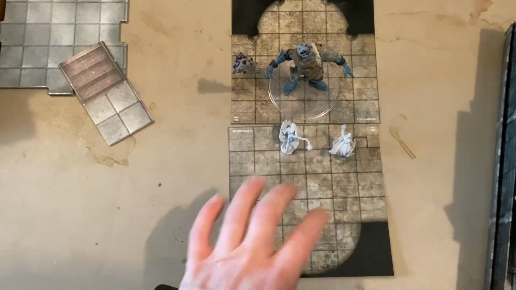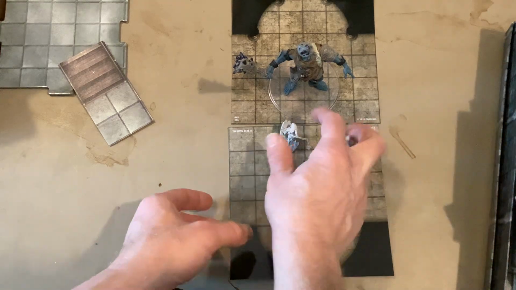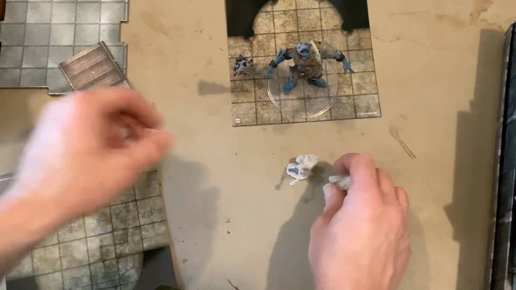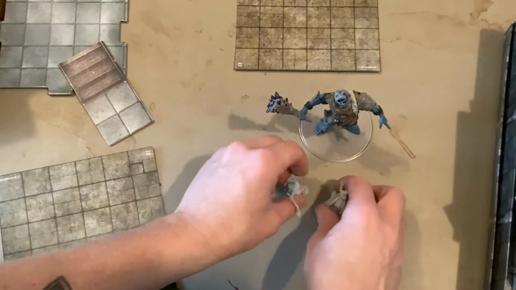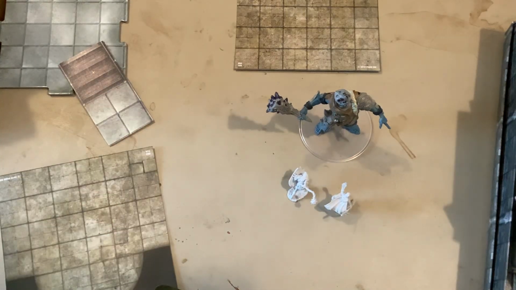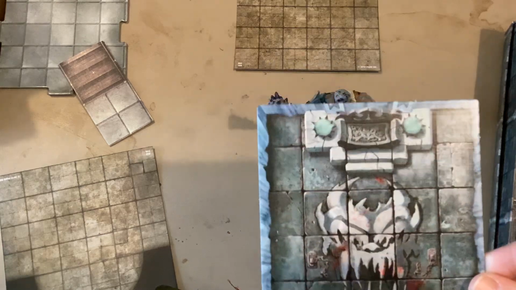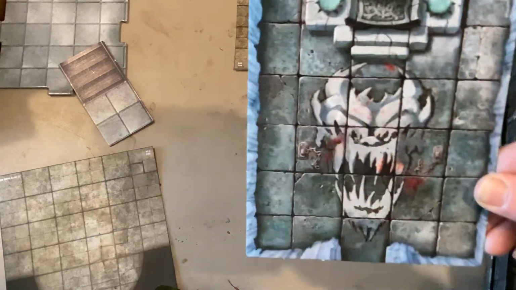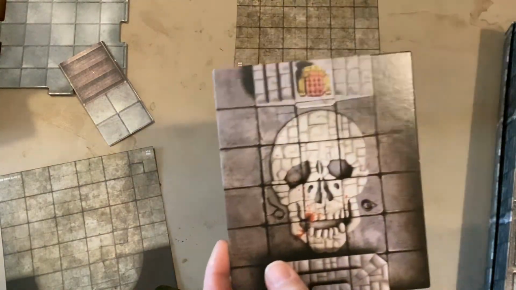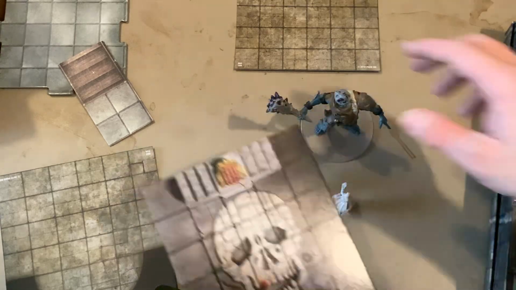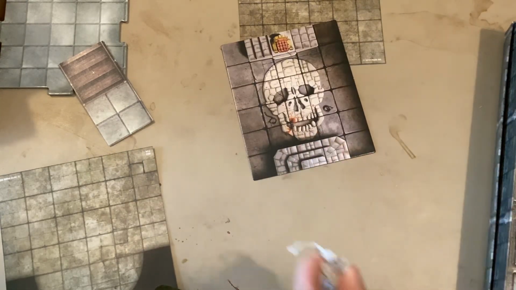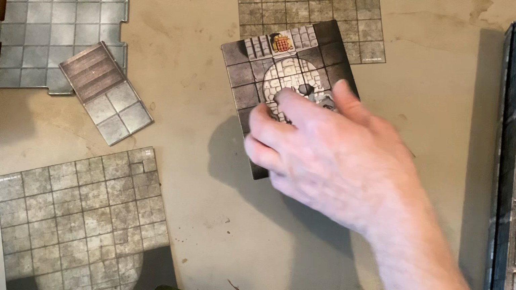So it gives you a better visualization versus your typical table, where you have to draw it out and wing it more. These tiles do give you more of an option. So now, for instance, that's the throne room for Frozen Horror. Here we go for Return of the Witch Lord. Obviously the frost giant's a little too big,